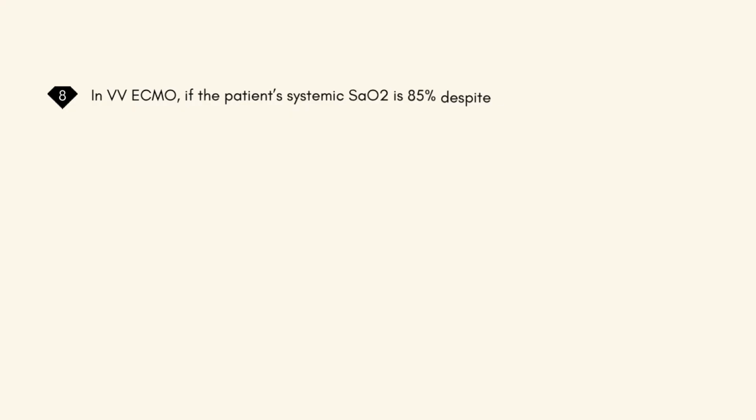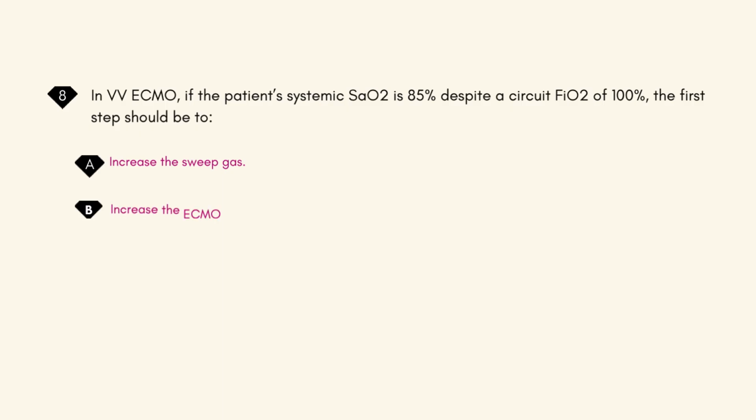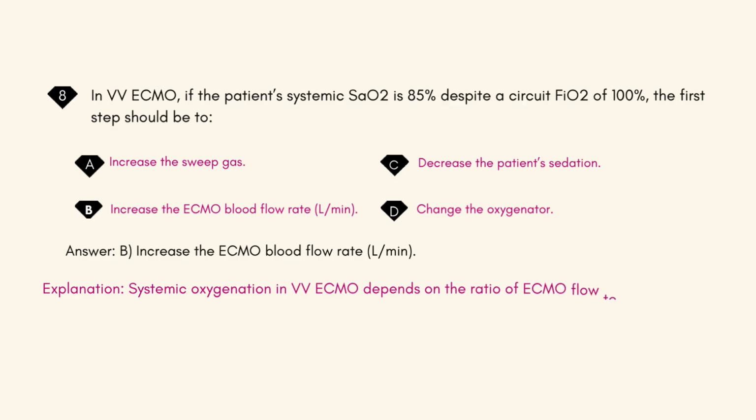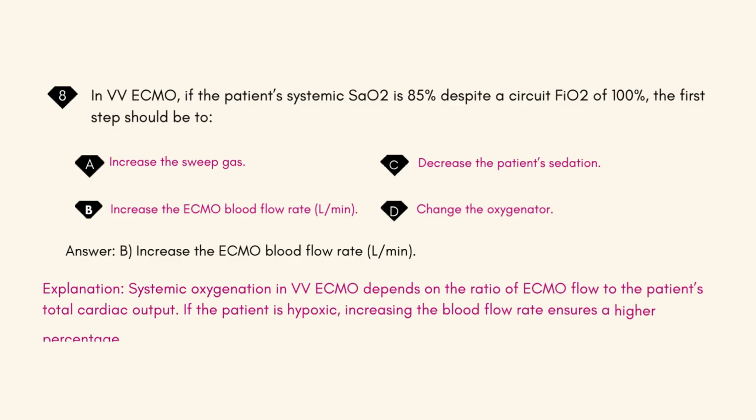In VV-ECMO, if the patient's systemic SaO2 is 85% despite a circuit FiO2 of 100%, the first step should be to: A. Increase the sweep gas. B. Increase the ECMO blood flow rate, L/min. C. Decrease the patient's sedation. D. Change the oxygenator. Answer: B. Increase the ECMO blood flow rate, L/min. Explanation: systemic oxygenation in VV-ECMO depends on the ratio of ECMO flow to the patient's total cardiac output. If the patient is hypoxic, increasing the blood flow rate ensures a higher percentage of the cardiac output is being